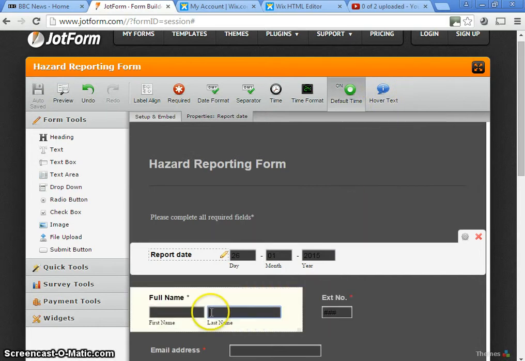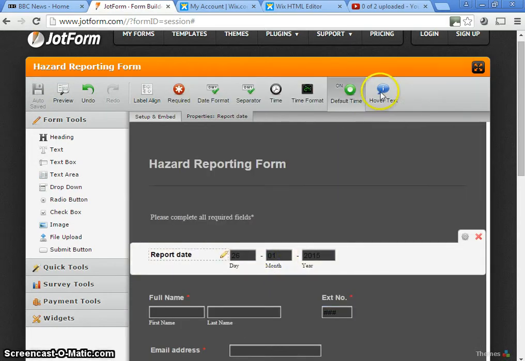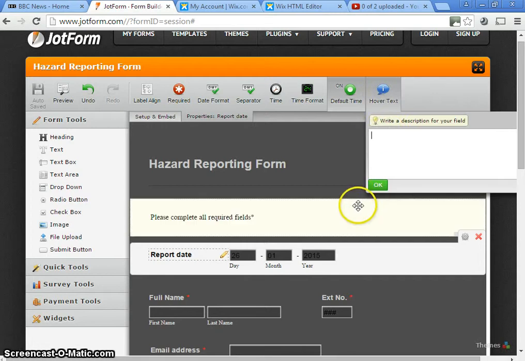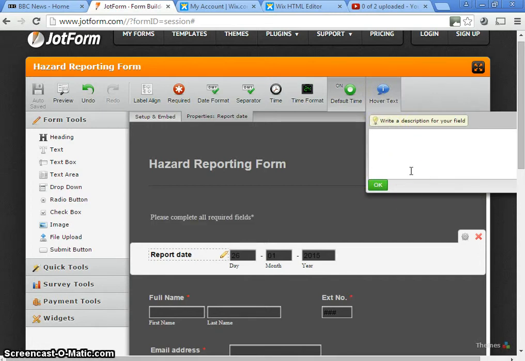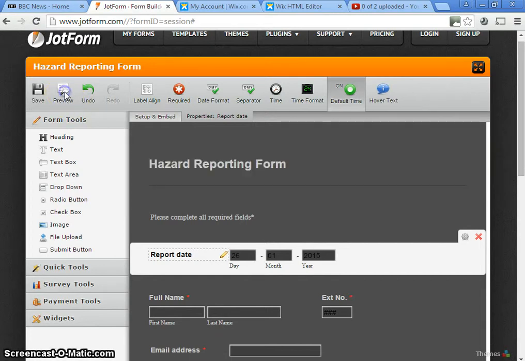So, for example, I can do this to each of the fields in the form. So I'm just going to show you one example here. For report date, I'm just going to put a nice message saying we have already entered this for you. So obviously our users don't need to complete that particular field,